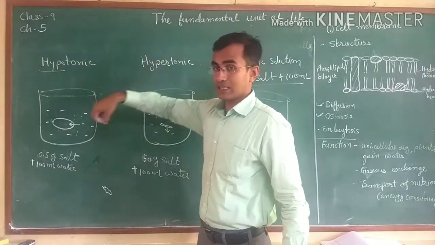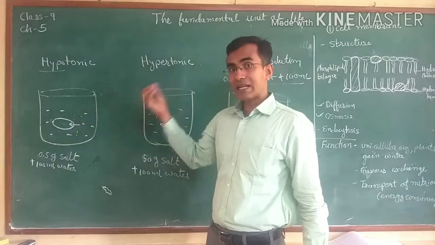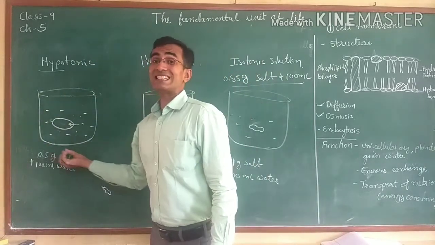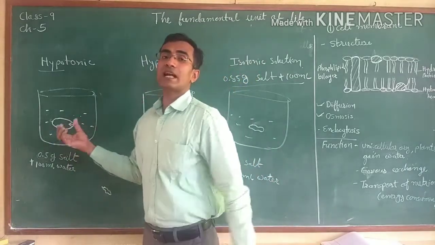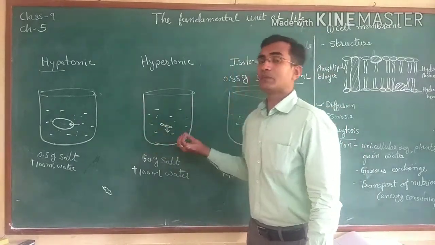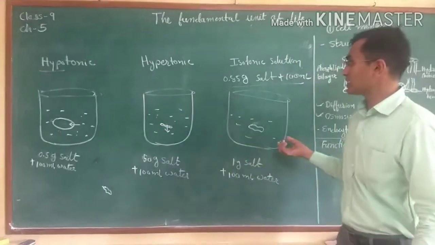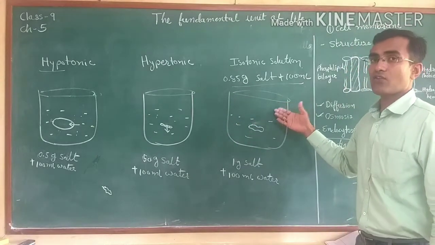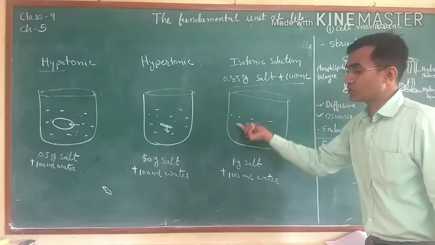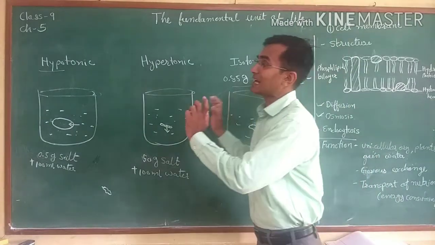Hypotonic: in the surrounding environment the free water molecules will be higher. That means in hypotonic solution the water concentration will be higher outside of the cell. In the hypertonic solution, the concentration of the water will be lesser in the solution. In the third type of solution, that is isotonic solution, the concentration of water molecules will be the same outside and inside the cell. That means in the solution as well as in the cell, the water molecules will be equal. So these are the three kinds of solution